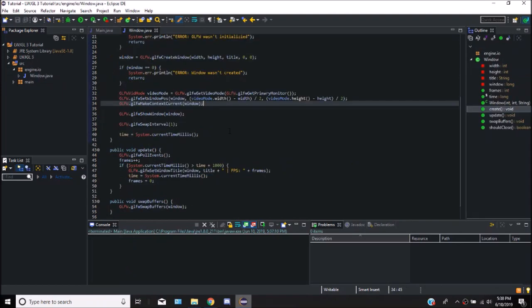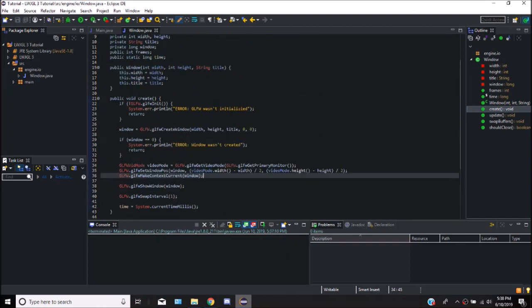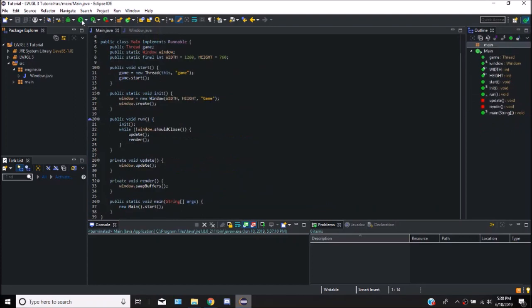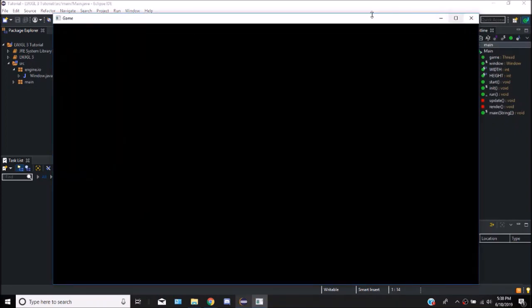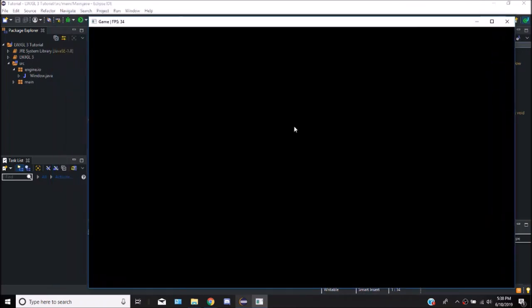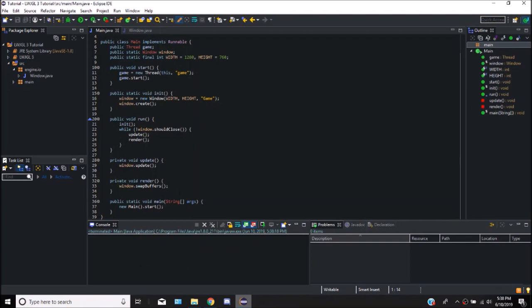Hey guys, AP here, and today we are going to be adding input to our window class. So right now we just have a window and it counts the frames and shows the frames in our title, but we can't really control it. I'm spamming the keyboard right now, I'm clicking everywhere, and there's no way to control it. So